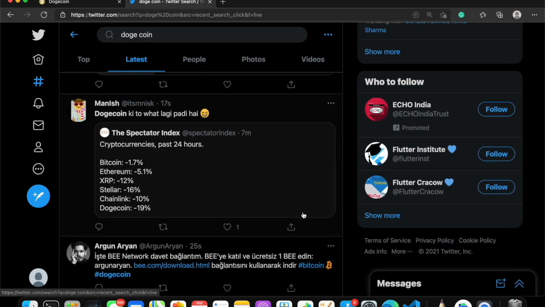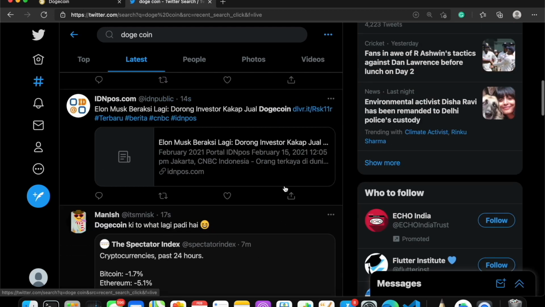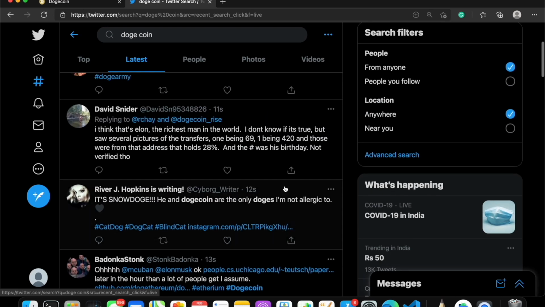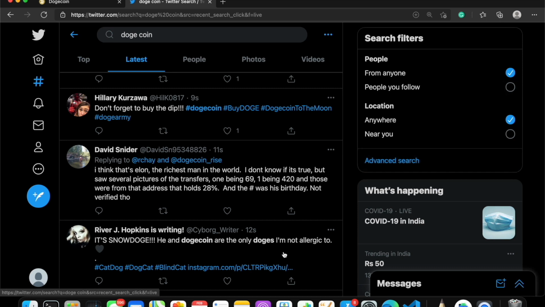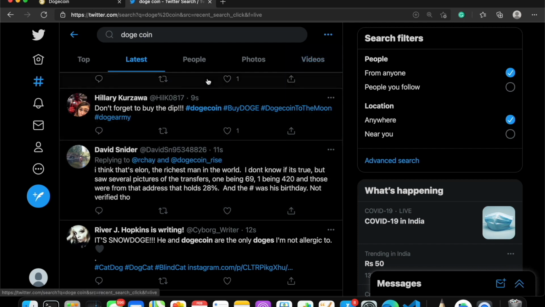They might have made some investments or are mining, and they want the value to go up. So they keep tweeting so that it gets listed in the trending section. If something is trending, it gains people's attention, and then people go there and purchase.